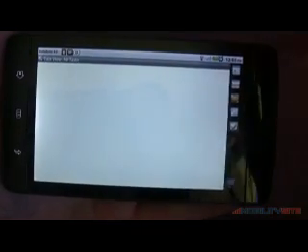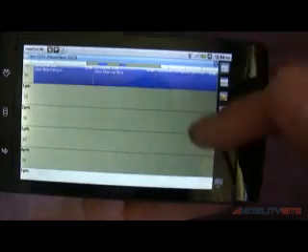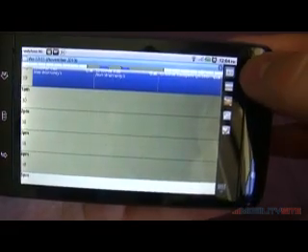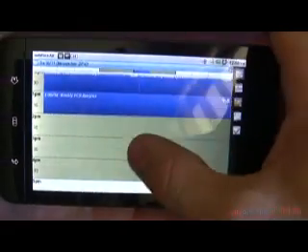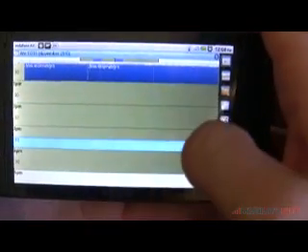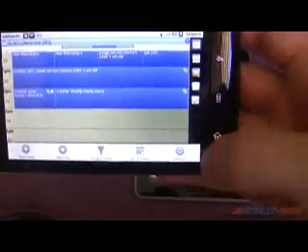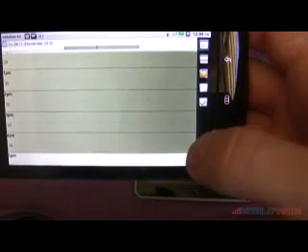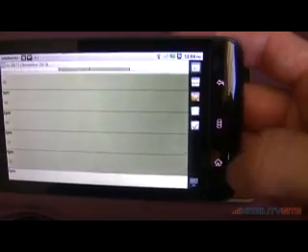So basically very similar with the options in regards to where you can go. You can swipe for the dates. This is going back into November a few weeks ago. And then let me just twist this around so the menus are where I want them. I can go to today with the buttons. So the menu buttons on the Dell Streak are down the right here. So this is my